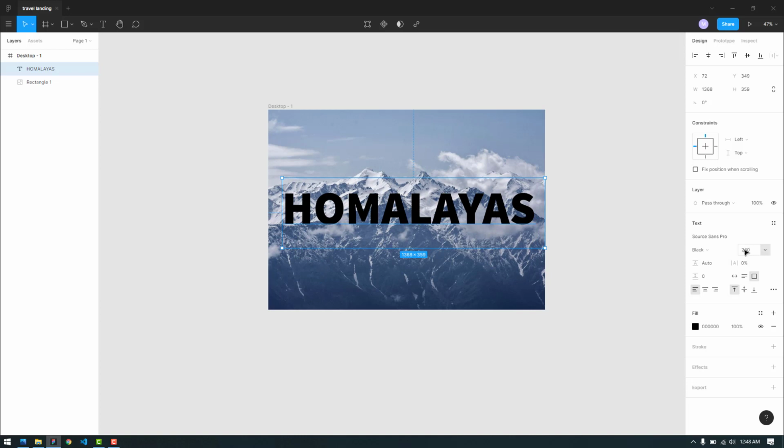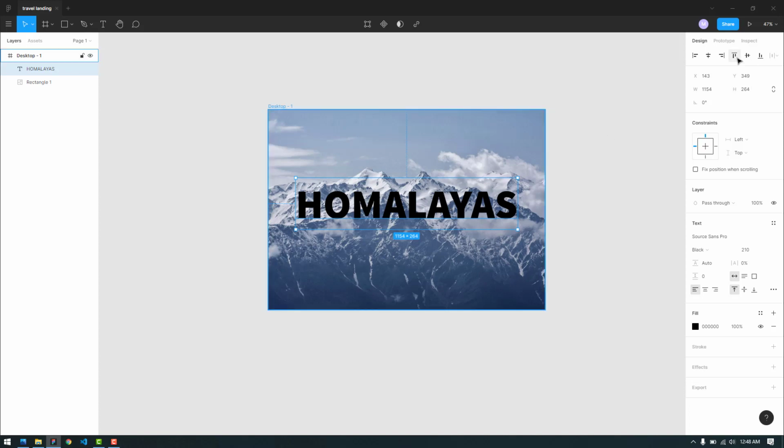Again it's too much, so I am going to use 210, and if it doesn't work we are going to make it smaller again. So this box is taking too much height. We can use this auto width, so it will be wrapped outside the text, and to make it centered we can press this one. It will make it centered.